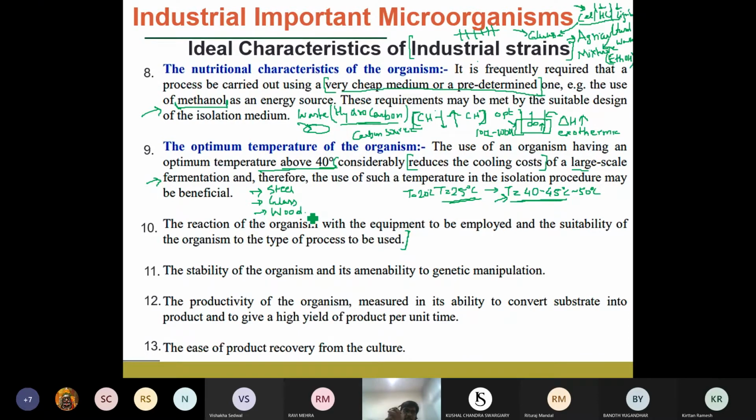Okay, so if you see, there are generally three classes of reactors. Mostly, in our daily applications in the labs or in the industries, there are two types these days: the steel-based or the glass-based fermenters. And in traditional fermentation, especially for the production of food or alcoholic beverages, wood is used as a means to make those types of reactors.